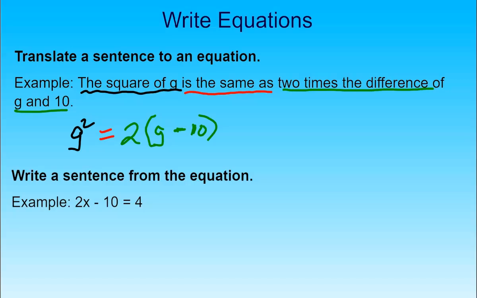Our second example, we're going to write a sentence now from the equation. So there is more than one way of writing the sentence. I'm going to show you one way, and this would be like the easiest way of writing it. And I would just write it the way I say it. So here it says 2 times, so I'm going to write 2 times